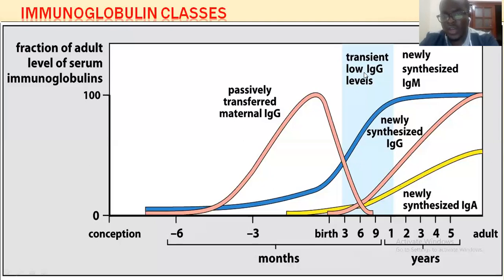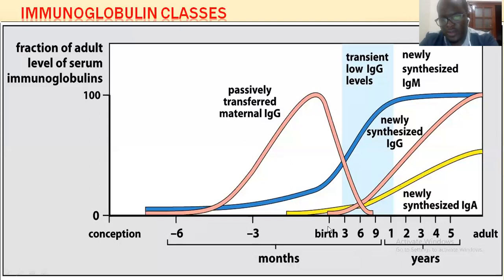transient low IgG, because now it's not being passed to the baby after birth. There's just a neutral that she's getting from the milk. Then she'll start producing her own. So this portion, the baby is prone to infections. So